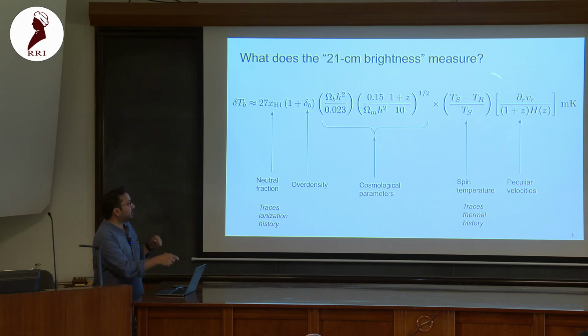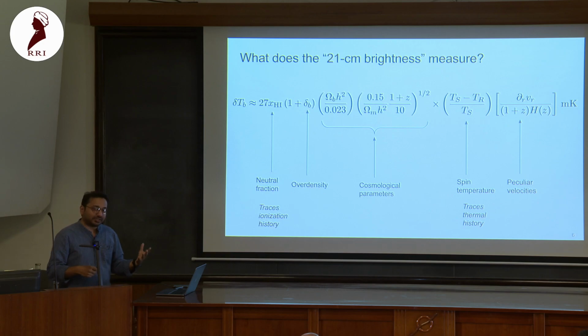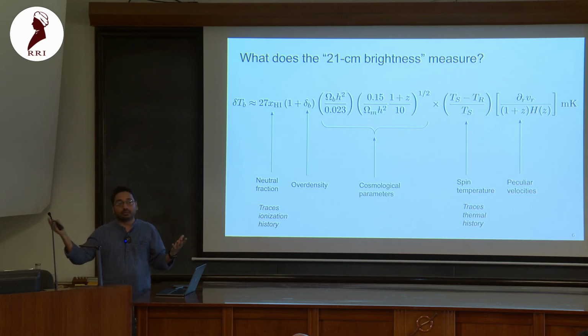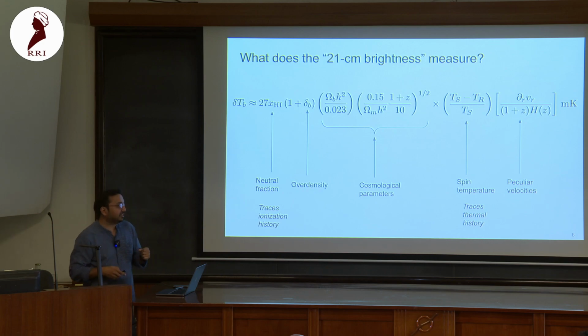And the second parameter, which is right here, is T_S, which is the spin temperature. Spin temperature is just the ratio of population of triplet and singlet states, but it also couples to other physical temperatures under some conditions. So the spin temperature can couple to the gas temperature or it can couple to the background radiation temperature, and both of these will play a very critical role later in the slides.